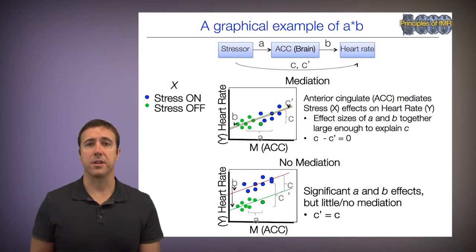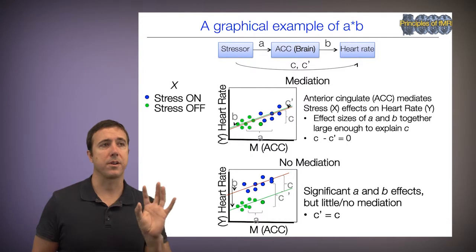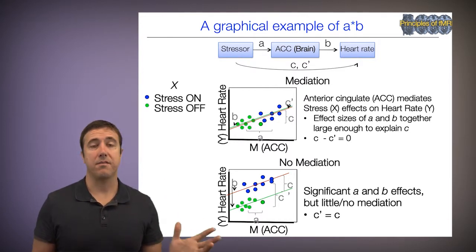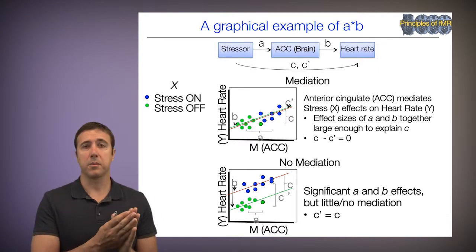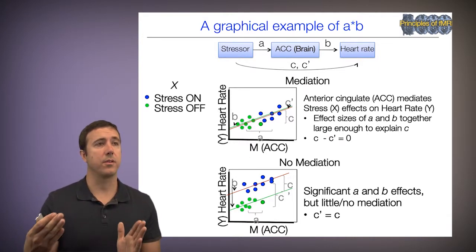So now we're working with our case where we have a stressor influencing anterior cingulate activity in the brain, which is predicting heart rate increases to the stressor. And this is what it looks like graphically. We'll first look at a case where there's mediation on the top panel. So now the blue dots are stress on, the green dots are stress off. And the path A effect is whether blue is higher than green on the x-axis, which is anterior cingulate. So we can see here, indeed, the blue dots are shifted to the right, so there is a path A